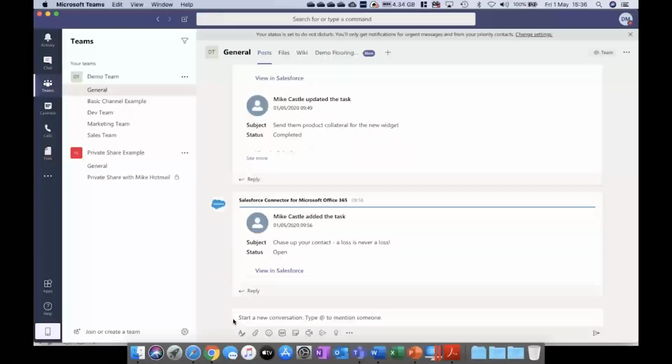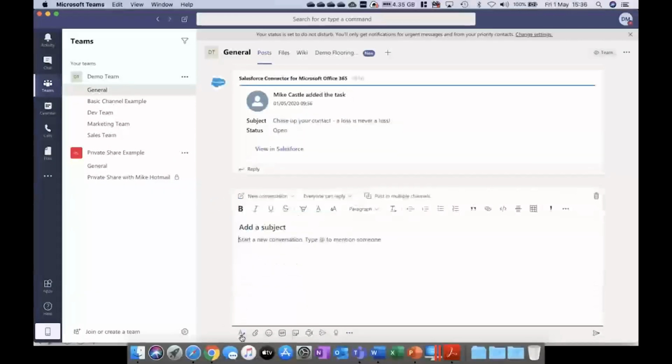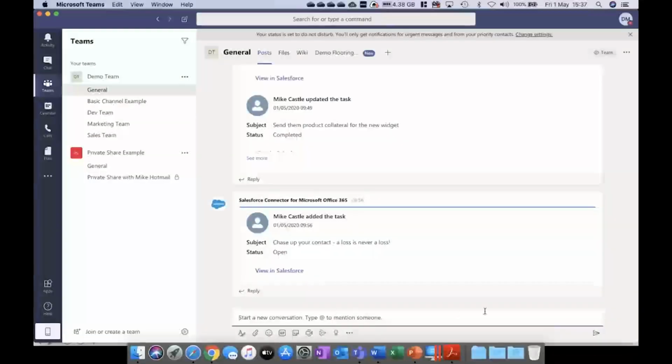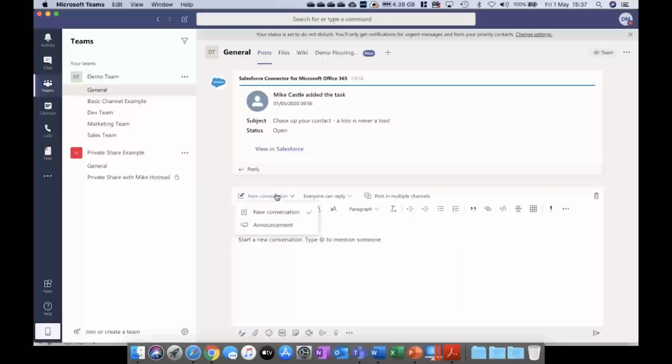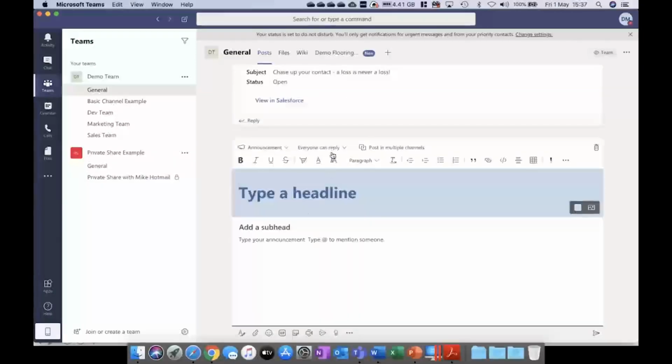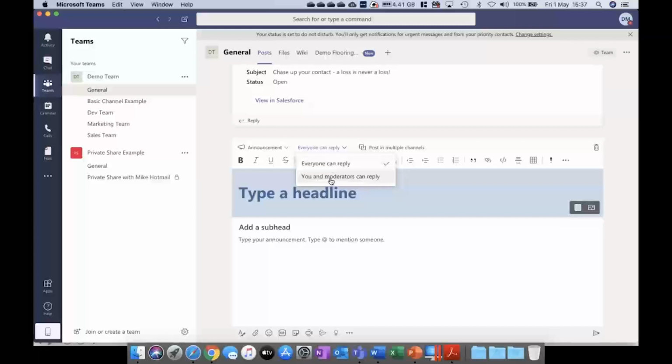But just to give you a few of the things that you can do that people may not be aware of. So down the bottom, you have a number of icons, and as you can see here, we have one called Format, and here I have the ability to create a message. Some people type straight into that message box at the bottom, and you can do that and then just hit the send button. But if you actually hit the format, you have the ability to change it from a conversation to an announcement. This might be something where you can then launch something to the business or to the team. So if I just quickly show you what that looks like, I can also stop people replying to it.